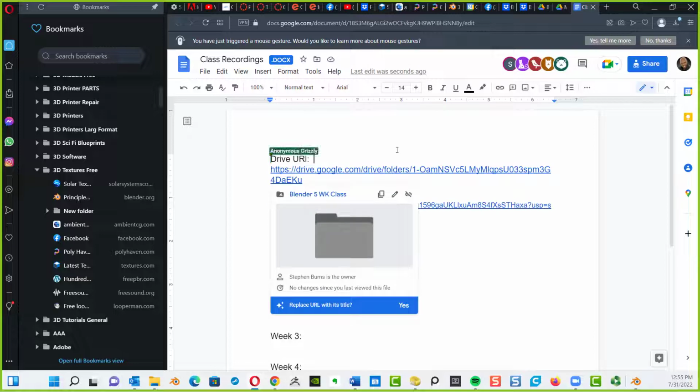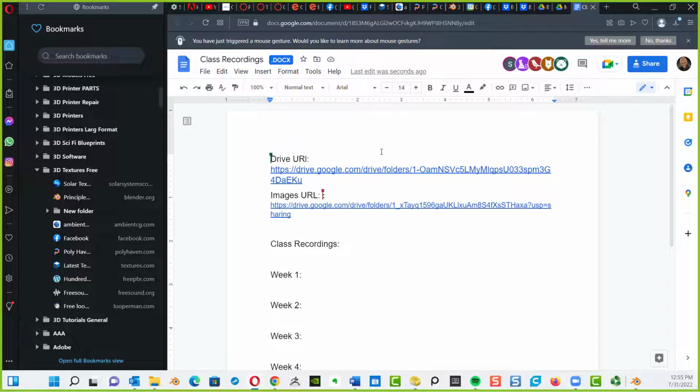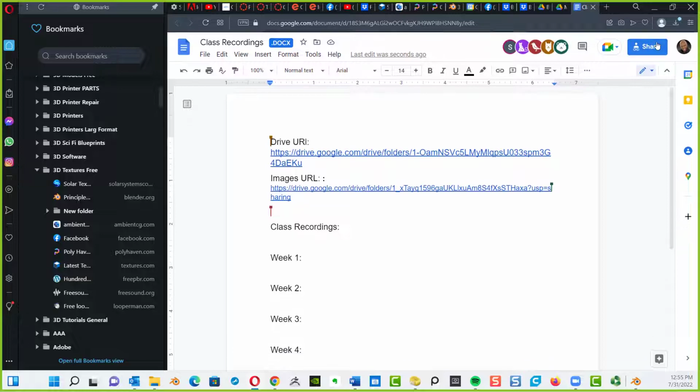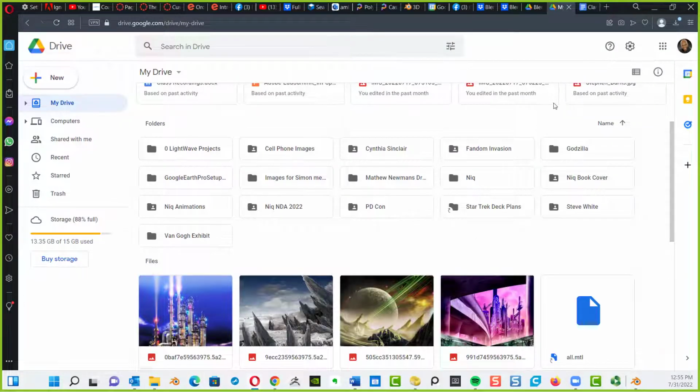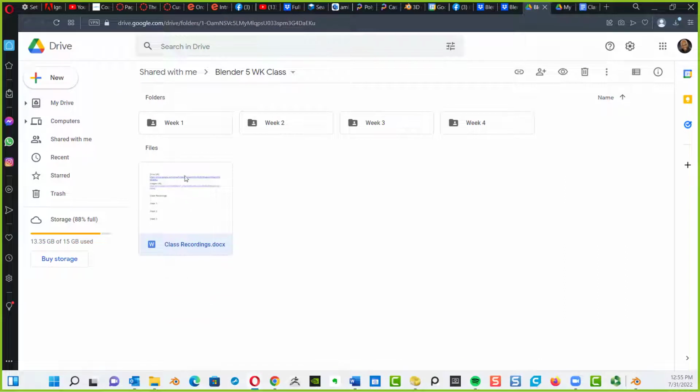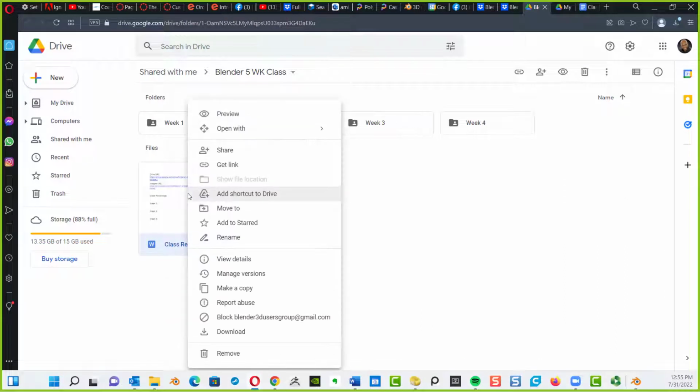Now do me a favor. Try not to delete anything, guys, because I've given you editor's access. That means if you accidentally cut and paste, you'll cut everything out of here and delete it. So if you're going to upload anything, just drag it in here. If you want to download anything, like this document, just right click and hit download.